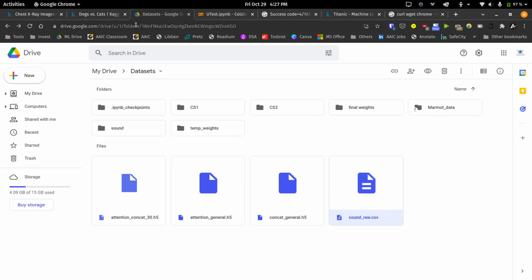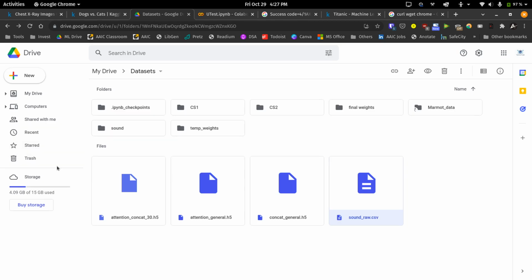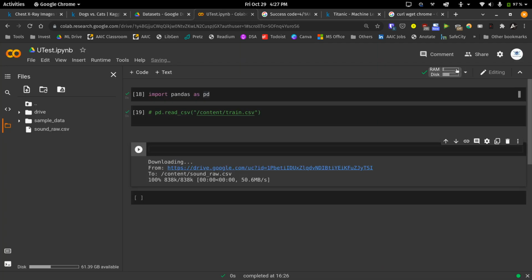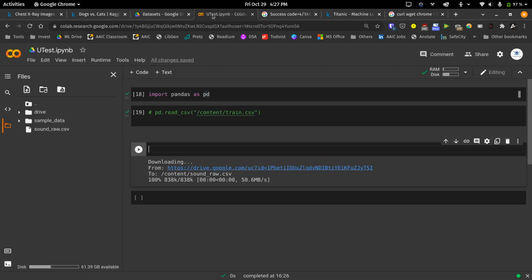Still, when we are dealing with Google Drive, it's a lot better than uploading from your local PC here. But still, we have some storage limitations in Google Drive, as a free Google Drive account has only 15 GB of space. So that may be a concern. So if you see in our current Colab instance, we have around 60 GB of space free. So 60 GB, but the maximum which Drive can support is 15 GB. So how do we get some other data?